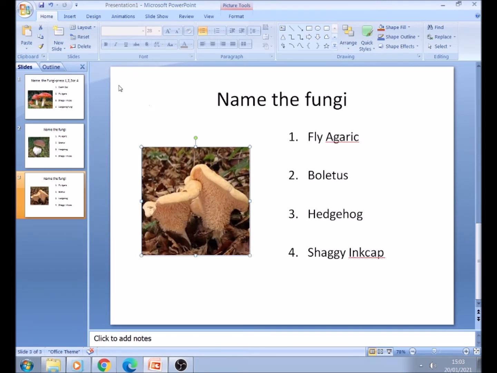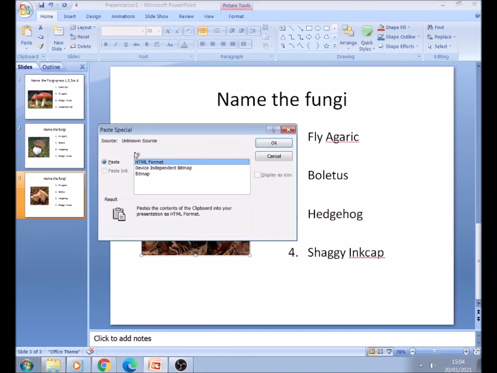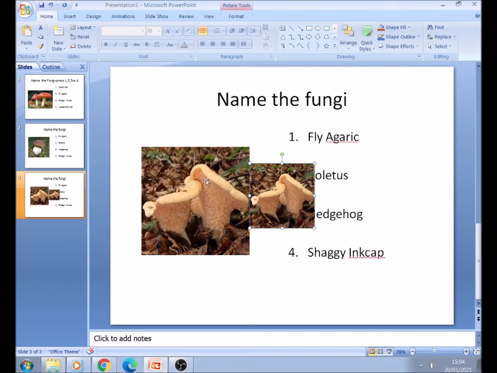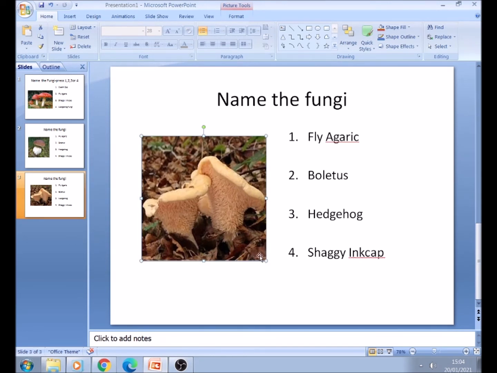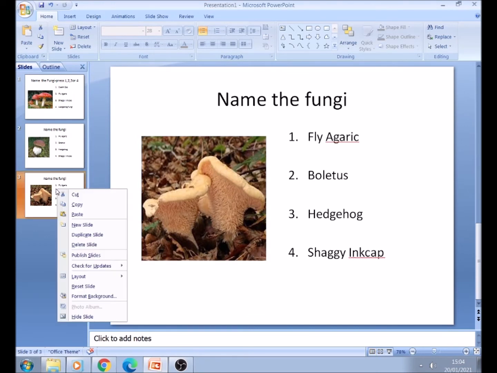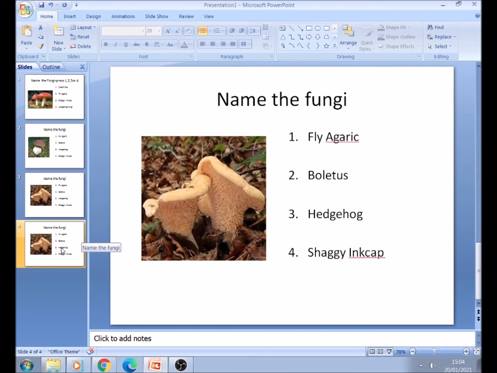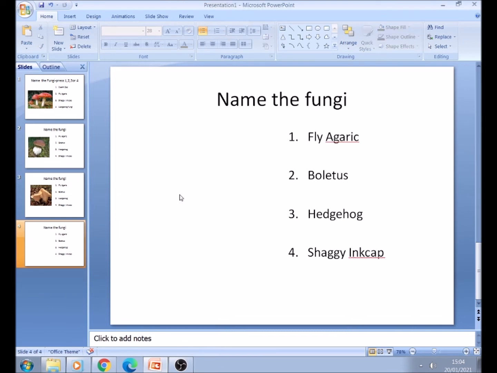Sometimes there's a problem pasting it. If that happens, go on Paste Special, and you can stick it on as a bitmap. And we're just going to resize that. And the simplest thing to do now is right click and duplicate the slide. Then we go on to this fourth slide here, cut the picture